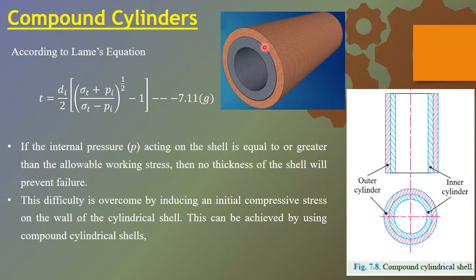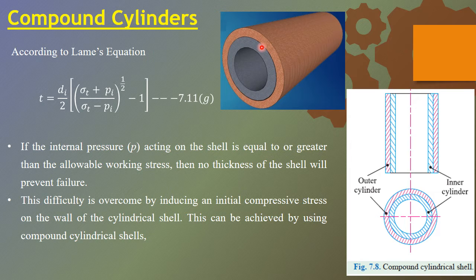Okay, the inner diameter of the outer cylinder is smaller than the outer diameter of the inner cylinder, so if you fit them, it will be a very tight fit. The outer cylinder is shrink fit over the inner cylinder by either a heating or cooling process. That's how the two cylinders are fit. That is, shrink fitting takes place in the case of compound cylinders.